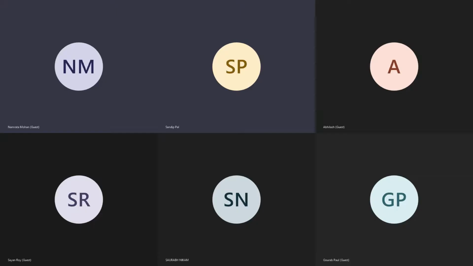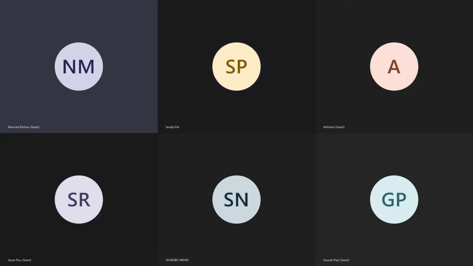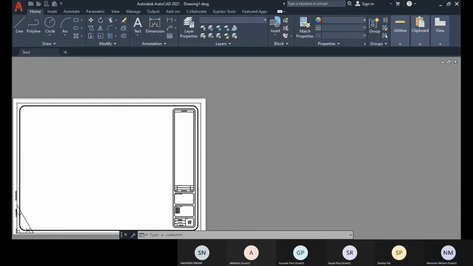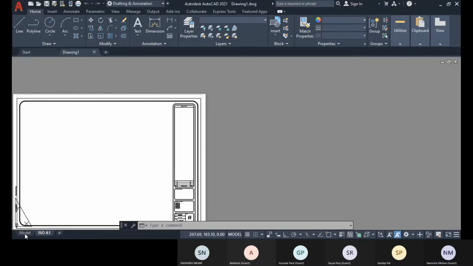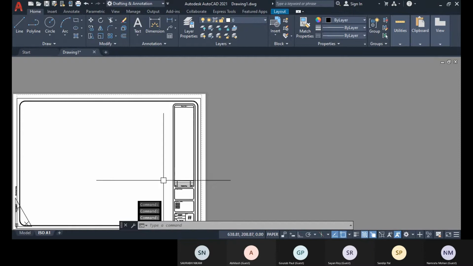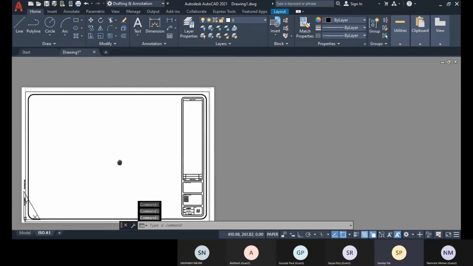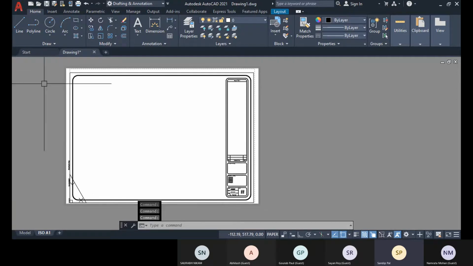All right then. So I have selected one particular template. In this template, I got this title block. So in this title block, I have some block and attributes there. So we will look into